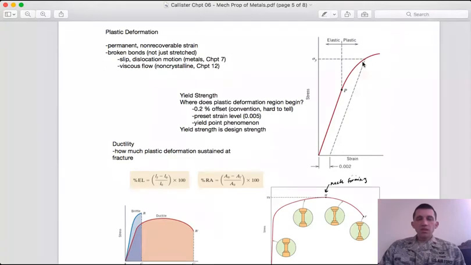But the beginning of this deformation is sort of the interface or the transition between the elastic region, where if I remove the stress, I'll go back to where I started, and the plastic region, where I don't go back. I might recover the elastic, but I have this permanent deformation that will always be there. I have permanently deformed my sample